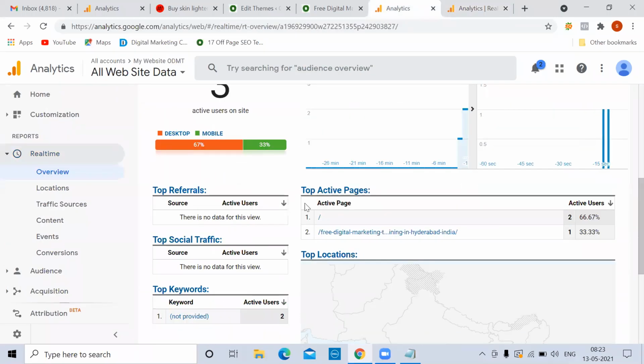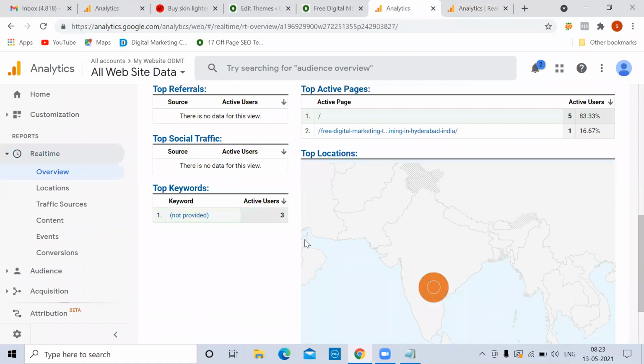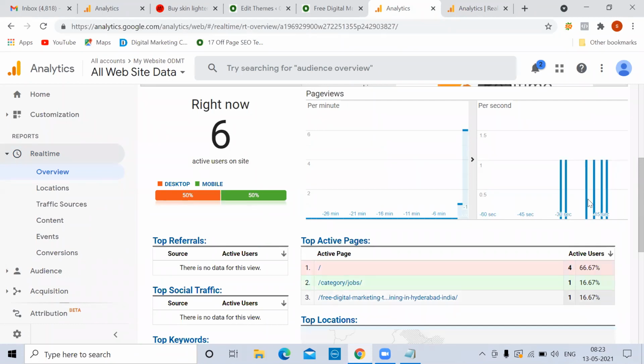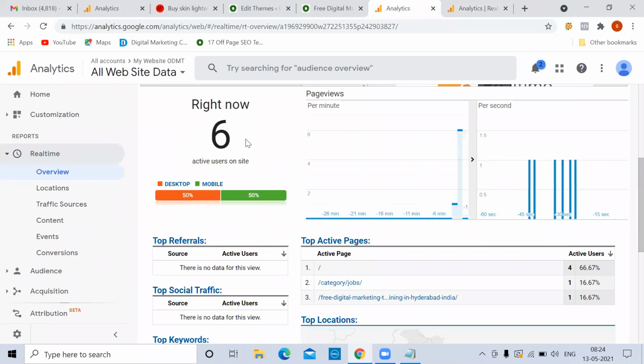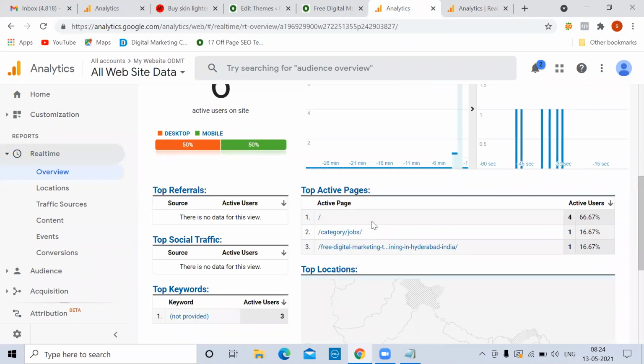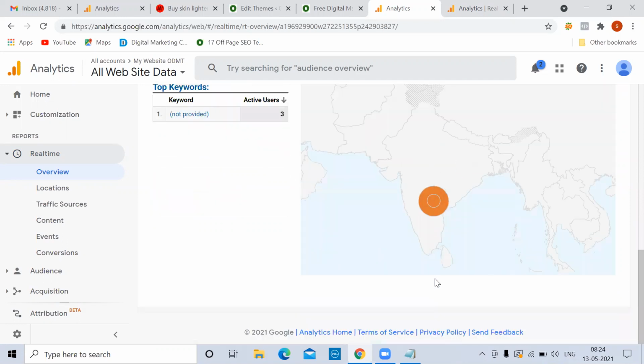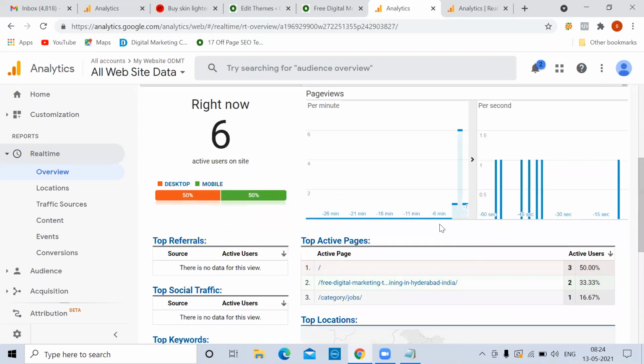Right. So where you see GA4, as of now, 6 people are on the website. So here, right hand side, whatever you see, this is the last 1 minute data. How many people right now it will show you. And this is the last 30 minutes data. Now here it will show you the live data. How many people are on your website? How many from desktop? How many from mobile? Then here on what pages they are, and on the left hand side how they came, and which place they are. This is the dashboard it shows.